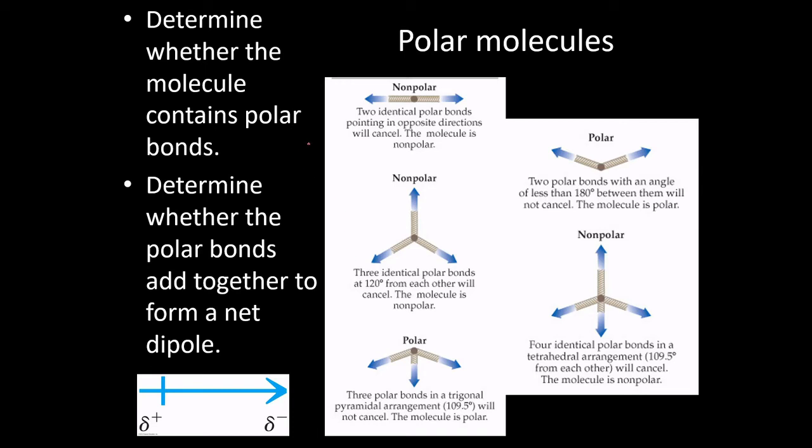But going ahead and moving on here, that particular example was not actually showing us how to determine if we have a polar molecule. What we were determining in that example was, do we have polar bonds? That seems like it should be the same thing. If we have polar bonds, shouldn't we also have polar molecules? And the answer is, most of the time, yes. But there are quite a few situations where you can have polar bonds and end up